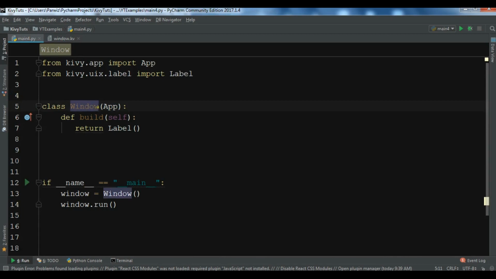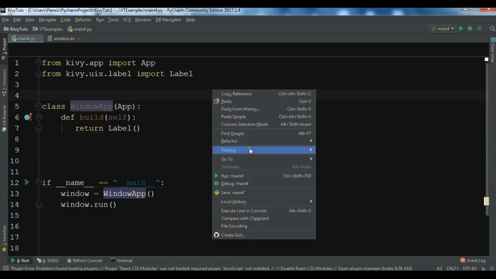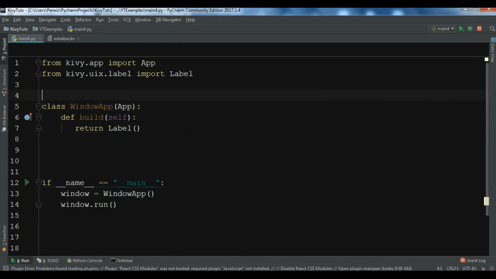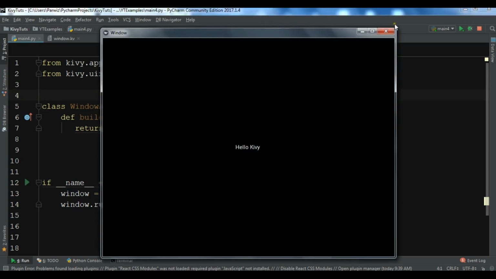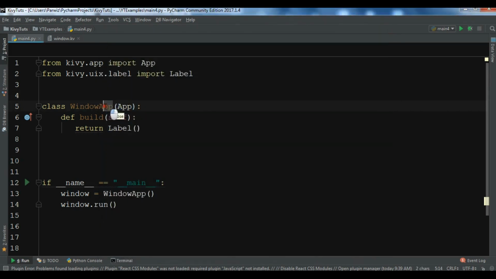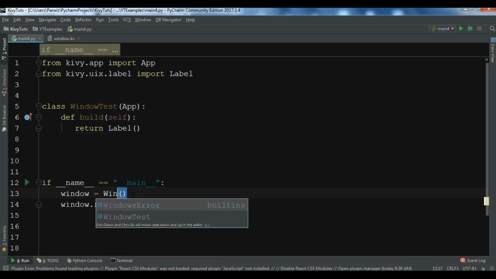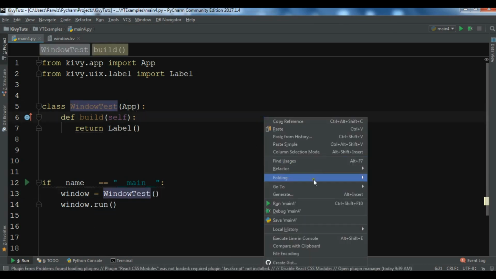For example, if I change this to window app, and if I extend from window app, you can see that there is no problem because we have window in our Kivy. Now if I run this, you can see no problem, we have Hello Kivy. If you change this to, for example, window test, and, sorry, we need to also change this to window test. And now if I run this,